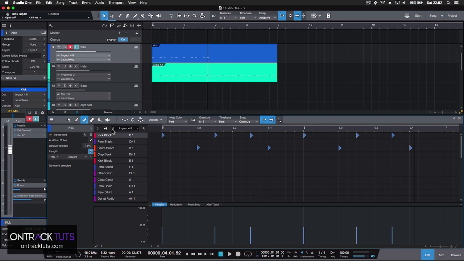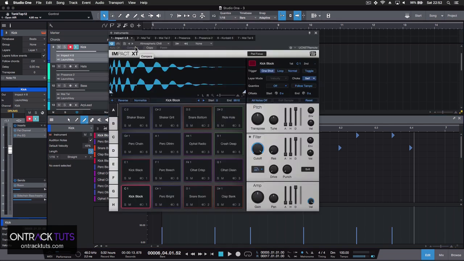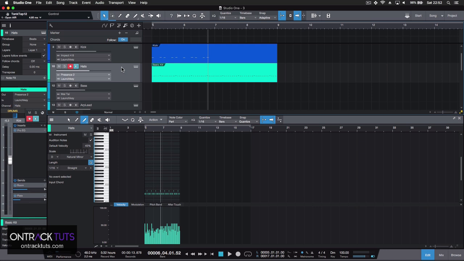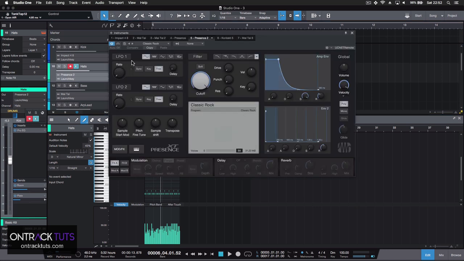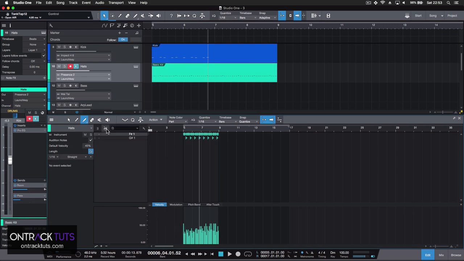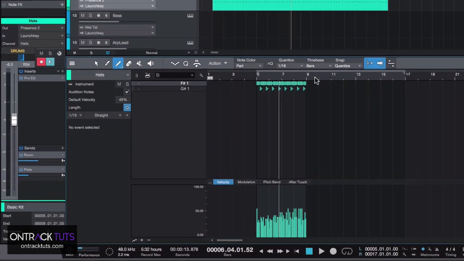Now, what's important is this is a drum instrument. It's got names for each part, and these are represented quite nicely in the drum editor. Now, on this hats part, I'm using a Presence instrument. But the one downside with the Presence instrument, if you're using drum sampled instruments, is that it doesn't show you their names. It's just showing you the pitch. This is showing two different hi-hat samples. So if you